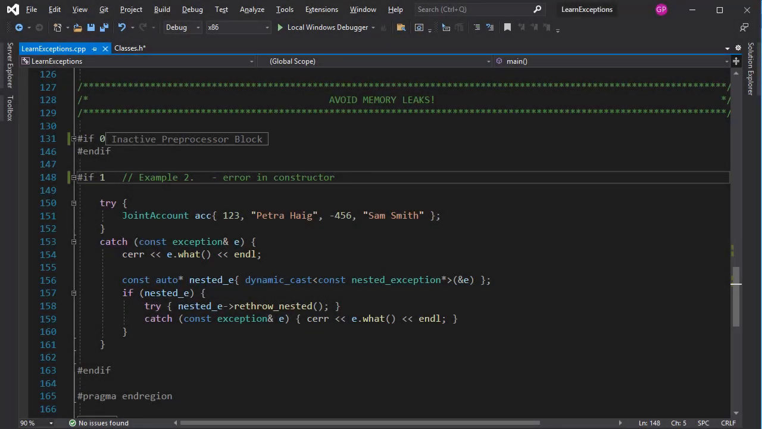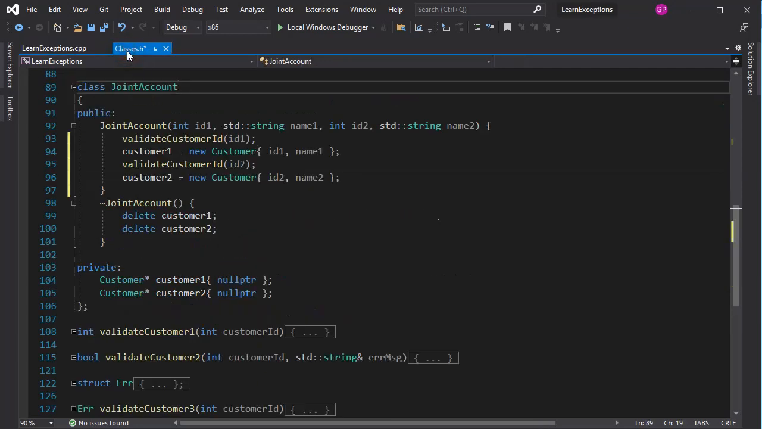Very often, we rely on the destructor to free up memory occupied by an object. Have a look at this joint account class. The constructor receives the IDs and names of the two account holders, and in the constructor's body, two customer objects are created and they become member variables of the object. We did not forget to free up the memory occupied by these two customer objects,